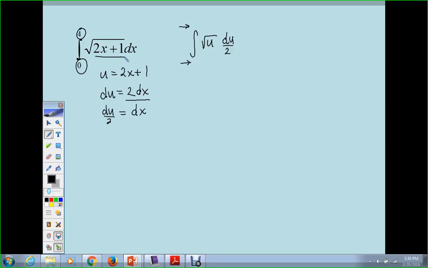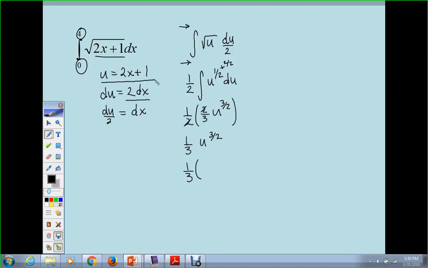So if we rewrite this as u to the 1/2 du, now we can find the antiderivative. We're going to add 1 to the exponent and divide. So we'd be dividing by 3/2, which is the same as multiplying by 2/3. Now we do not need to write plus c, our constant of integration, because when we apply the fundamental theorem, we saw that those c's would just cancel out. Now if we reduce, we have 1/3 u to the 3/2,